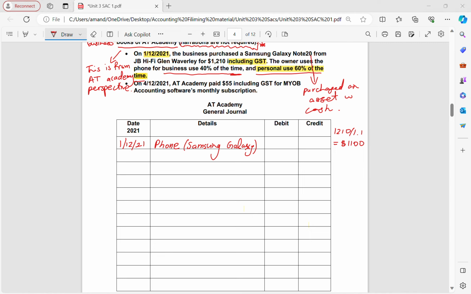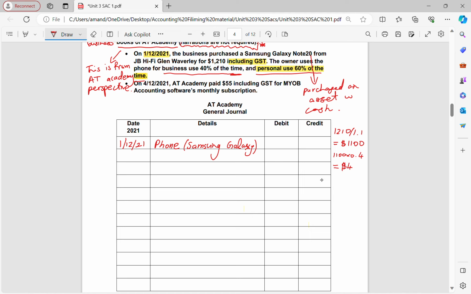Yeah, I just want to make sure I'm right. 1100. Didn't need to do that, but that's okay. But it's only being used 40% of the time by the business. That's really important to realize. So we're just going to do 1100 times 0.4 to then give us